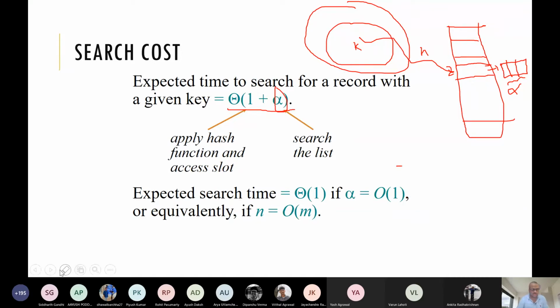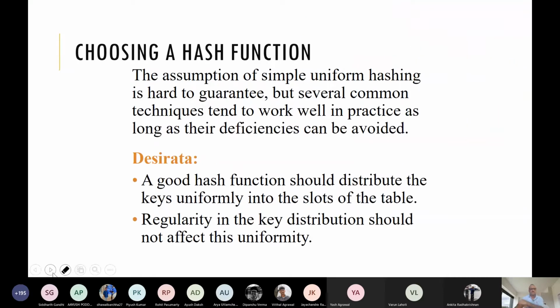Now we will see some constructions of hash functions, or how to choose a hash function, and whether it is a good hash function or a bad hash function. The assumption for simple hashing is very hard to guarantee. We are expecting that it will distribute the keys uniformly.